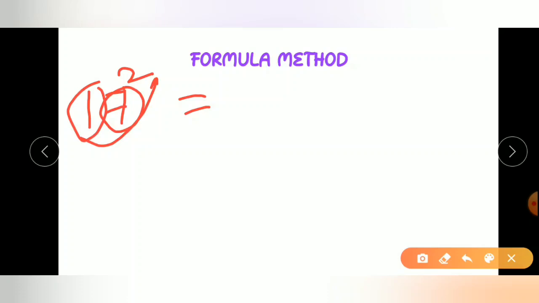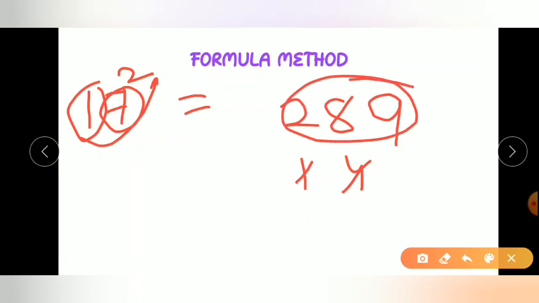Square of 7 is 49, put 9 and carry over 4. Then multiply these three digits: 1, 7 and 2 becomes 14, 14 plus 4 is 18, so we put 8 and carry over 1. The last one is the square of the tens digit. Tens digit is 1, so square of 1 is 1 and 1 plus 1 is 2, so our answer is 289.